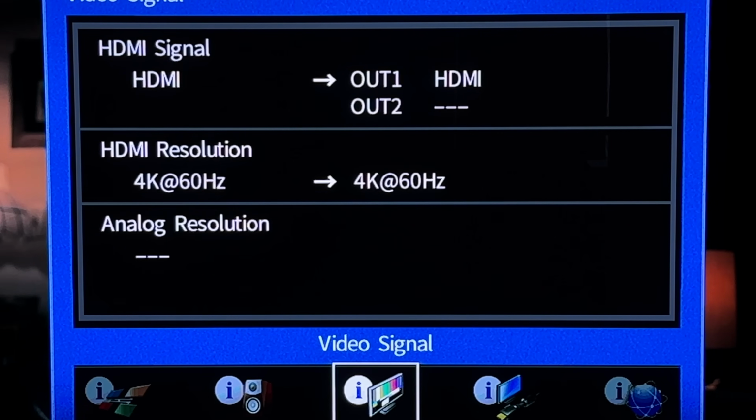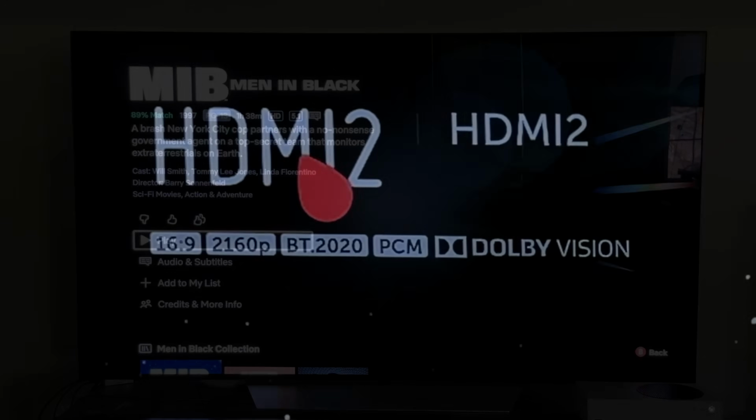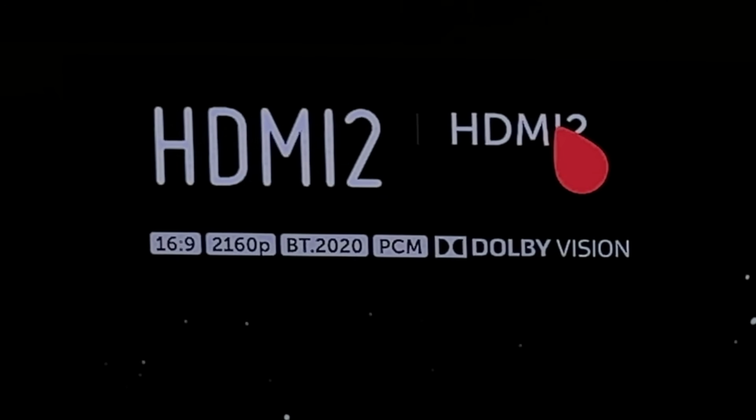So all of the content on Netflix that is at 24p is going to be locked in at 60, and you might see some frame jitters as you're watching things, and that was something I definitely noticed. Another issue with Netflix on the Xbox is that if you watch some standard dynamic range content, like an older movie, it does not switch the television out of Dolby Vision mode, so it locks everything in at 60 hertz with Dolby Vision enabled. And the movie I tested out was Men in Black, and it just left it at 60 hertz 4K with Dolby Vision enabled,